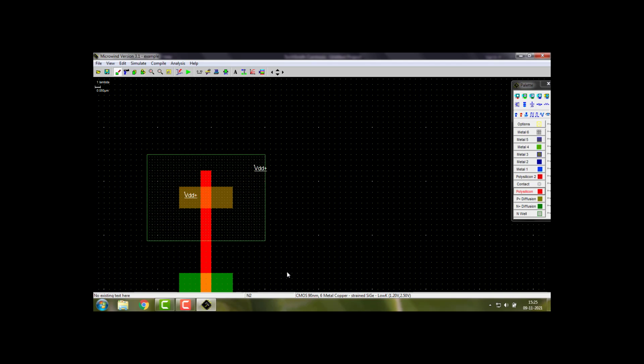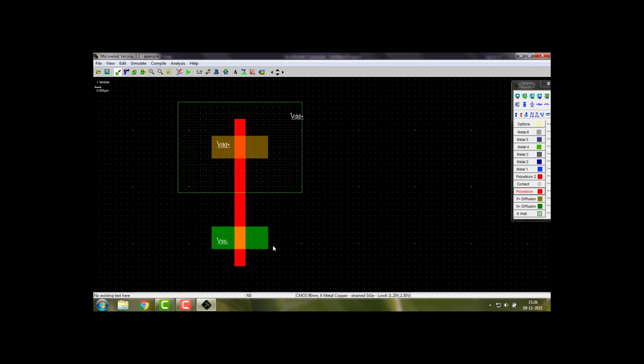Next thing, I need to connect a ground point to one of the, okay, view all. Then I need to connect these two. This becomes source, this becomes drain. I need to make use of metal. Since we are doing it in the first layer, let me use metal. Metal must be 3 lambda. Let me go by 3 lambda here. Okay, I have connected. I'll just ensure that there are no errors here.